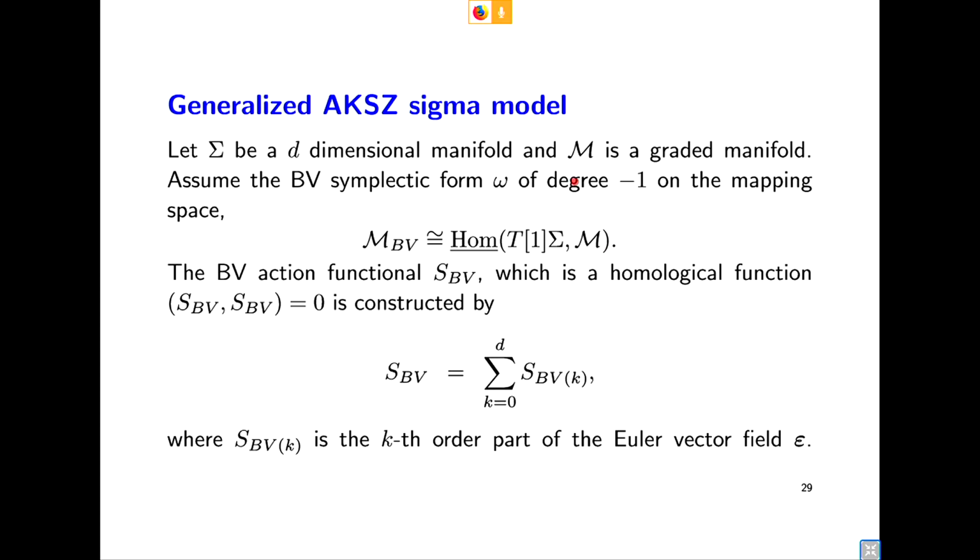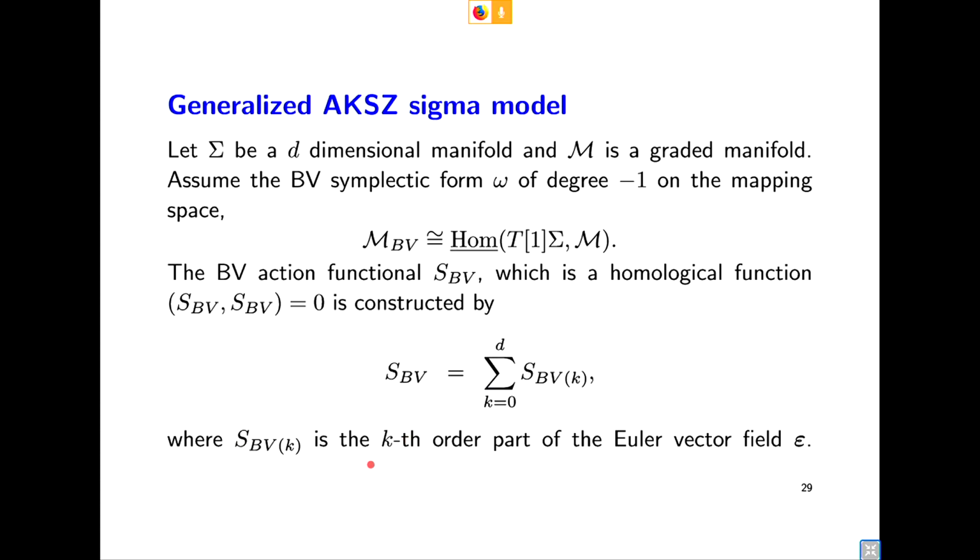The target space M has the BV symplectic form, and we assume the BV symplectic form has degree -1 on the mapping space. The BV action is obtained by expanding like this,